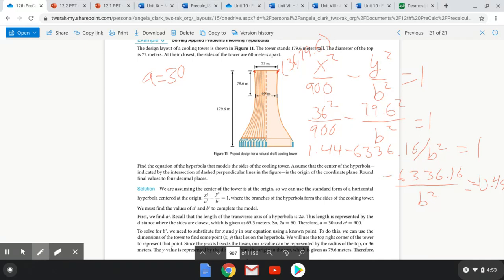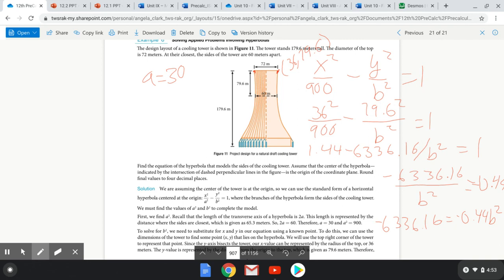And then we can multiply both sides by b squared, so negative 6,336.16 equals negative 0.44 b squared. And then dividing both sides by negative 0.44,